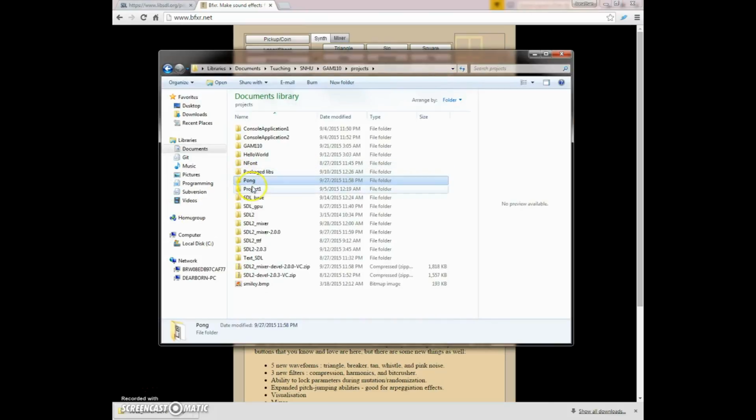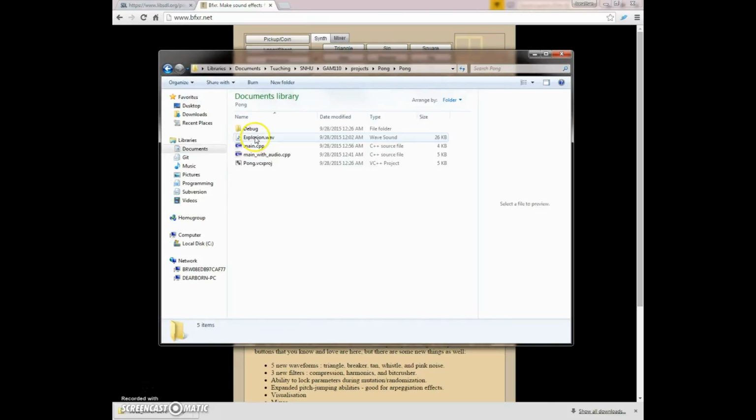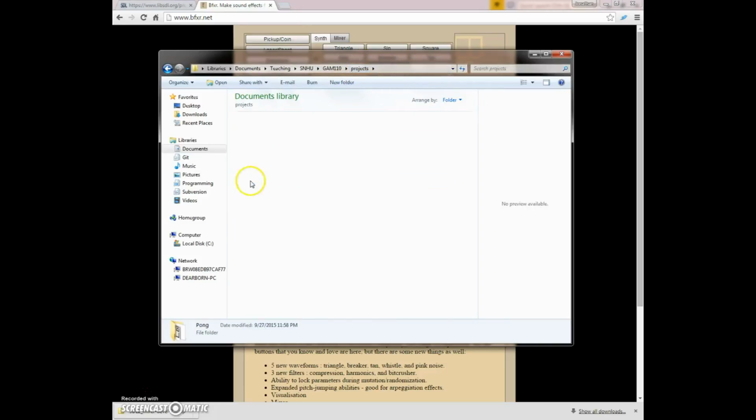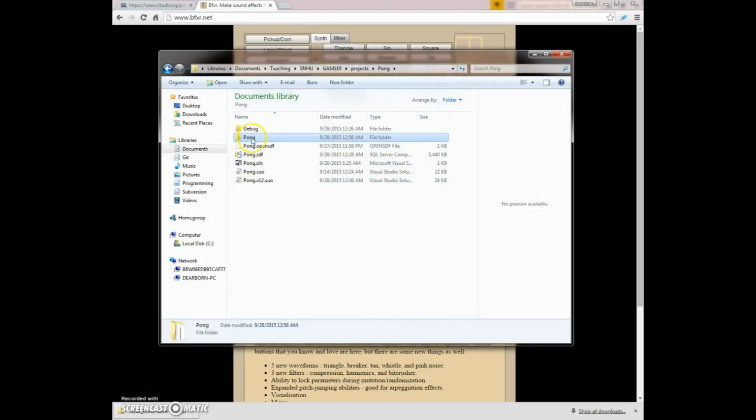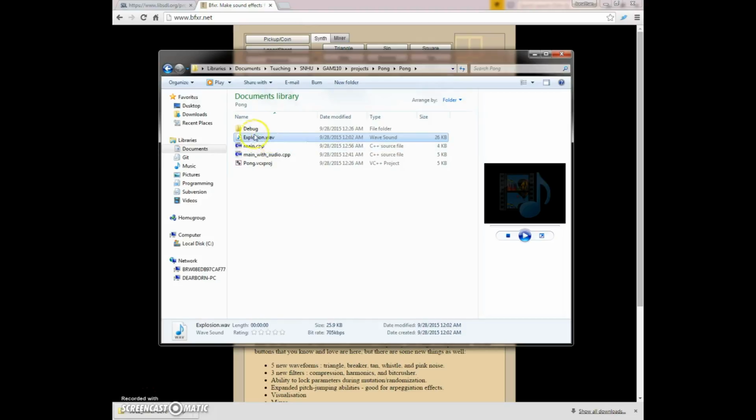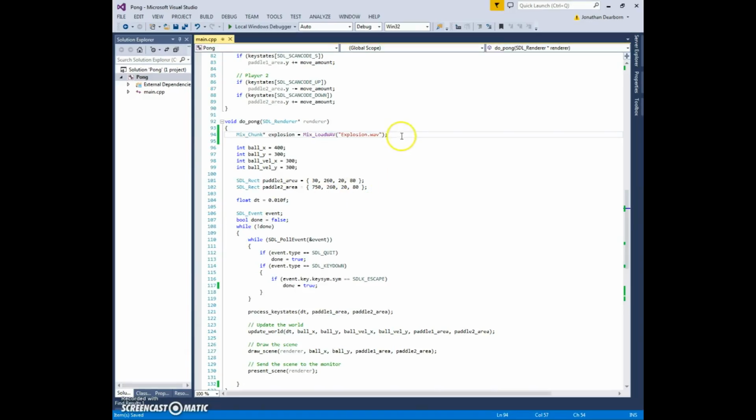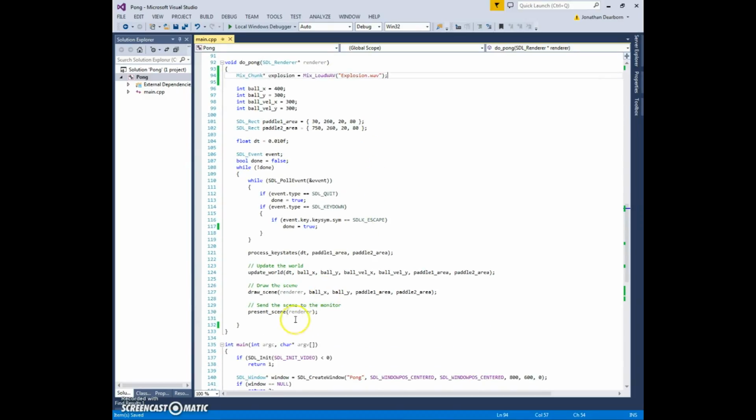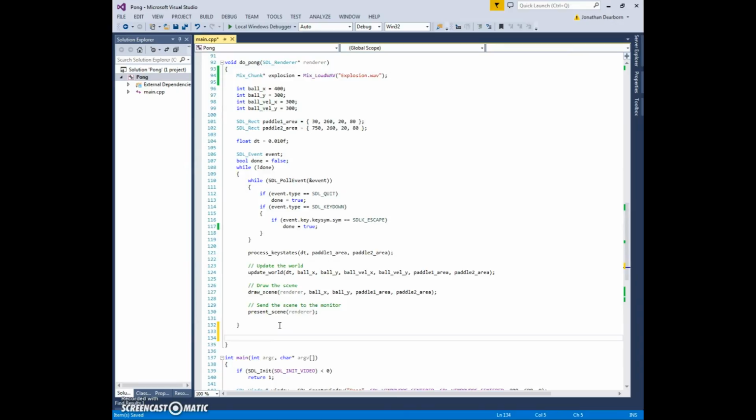So I took that sound and I put it in my project folder. If you go to your solution folder, you have to go into your project folder, and in here, next to your VCXPROJ project file and your source, is where you should put your data files, and mine is explosion.wav. Alright, so back in Visual Studio, we've just loaded our explosion.wav, and then, of course, when we're done with it,